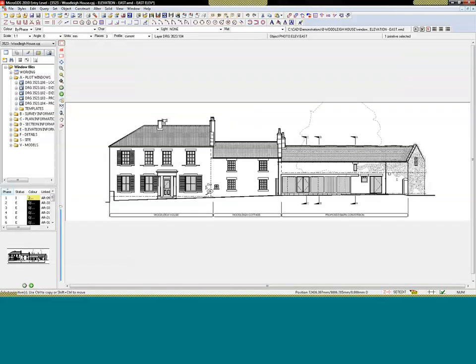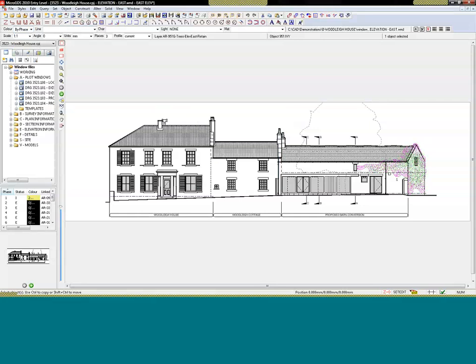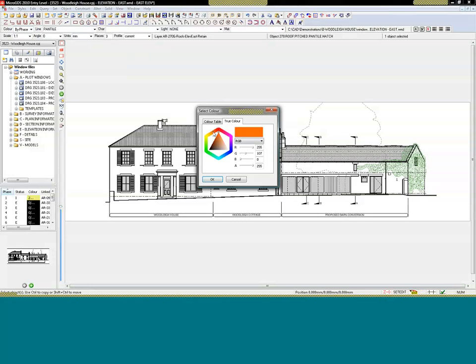Now this has been set up in monochrome. This particular architect wants to produce all of the drawings in monochrome, but it's very easy to work in colour as well. So for example, if you actually want your foliage here to be drawn in green, we can either force it to be drawn by selecting a colour, or there are other techniques, but simply for this demonstration we can pick the colour that we want. And likewise with the roof areas here, which are now joining hand tiles, we can set those up to be a nice terracotta colour,